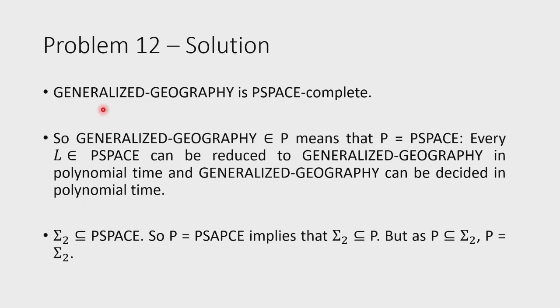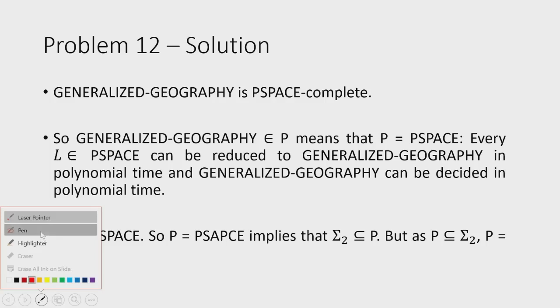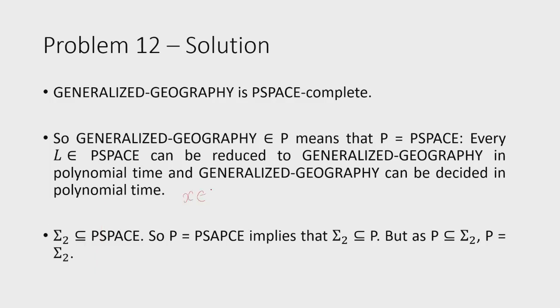So generalized geography is PSPACE-complete, and the question tells us that it is in P. Now I claim that this means that P equals PSPACE. Why? For any language L in PSPACE, we can solve it in polynomial time as follows. First, we would reduce that language to the generalized geography language, and then we would solve the generalized geography instance in polynomial time, right? So basically, if we want to decide whether x is in L or not,